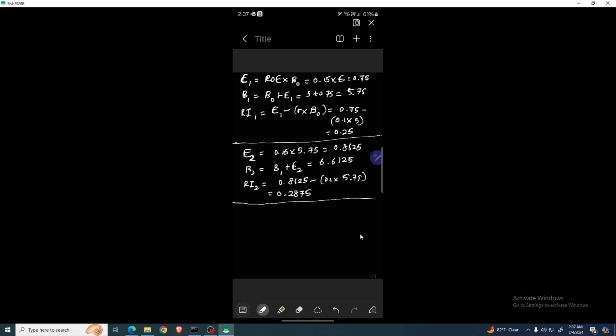This time, I'm simply not going to write the equations, I'm simply going to write the answer. Earnings in year three: ROE times book value of year two, which is 0.15 times 6.6125. That's going to be 0.991875. That's right. Then the book value at the end of year three is going to be the book value at the end of year two plus earnings in year three, that's going to be 6.6125 plus 0.991875,